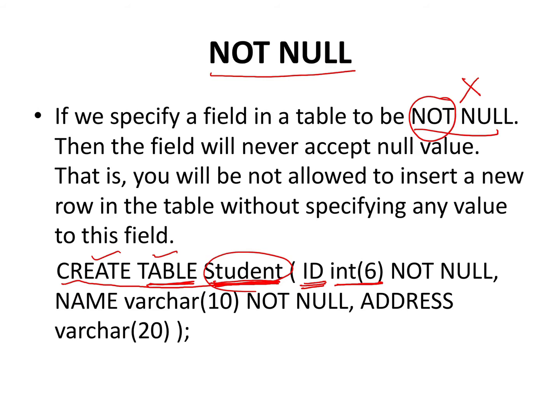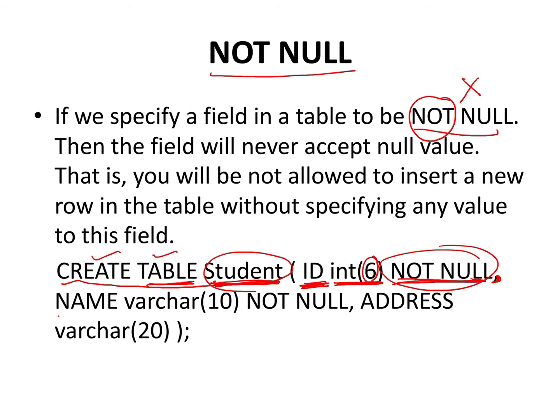So I'll simply say the column name, that is ID, its data type is integer, and the length that I expect is a maximum of 6, and not null. That means the ID column can never be left blank. It cannot be null, it has to have some ID. No student can be without an ID. Makes sense, right? No student in the college is without a USN or without an ID. So not null. And then a comma, obviously, as I said, it is separated by a comma from the other columns.